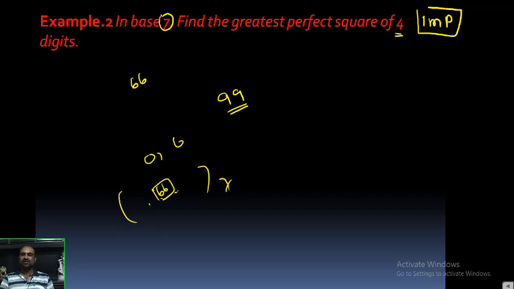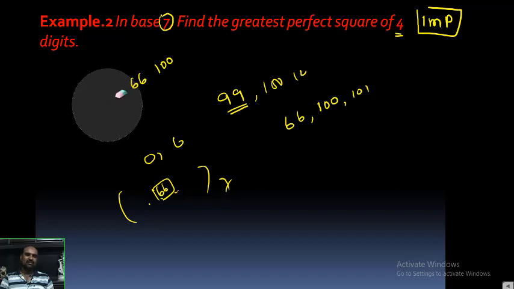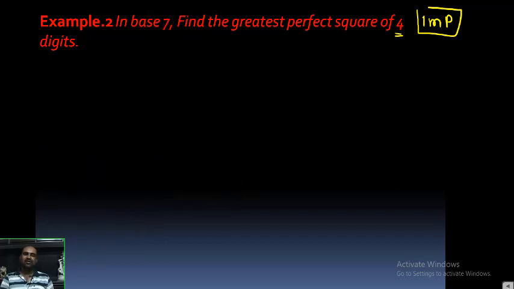Okay. So after 66, what number will we get in that number system? This is the next number. In our system, after 99, what? 100. After that, 101, like that. In this system, 66 is the number. After this 66, what number will we get? 100. After that 101, like that. Okay. Now what I want is to find a 4-digit number which should be a perfect square. That's why what I am doing, first of all I want to take the largest 2-digit number. Okay, solution.